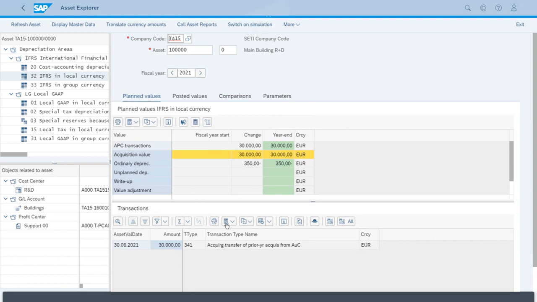And now, of course, as you can see, we have only one transaction type. It's the 341 transaction type, which is just an acquisition coming from a transfer from an asset under construction. And this posting comes from a prior year, because, as we said, the 30,000 we posted with just a date in the previous year. Of course, what happened here? It got activated, and we have this APC value, this acquisition for 30,000,